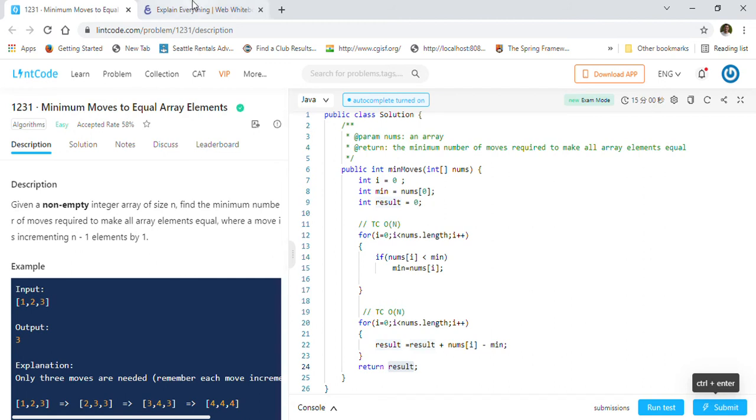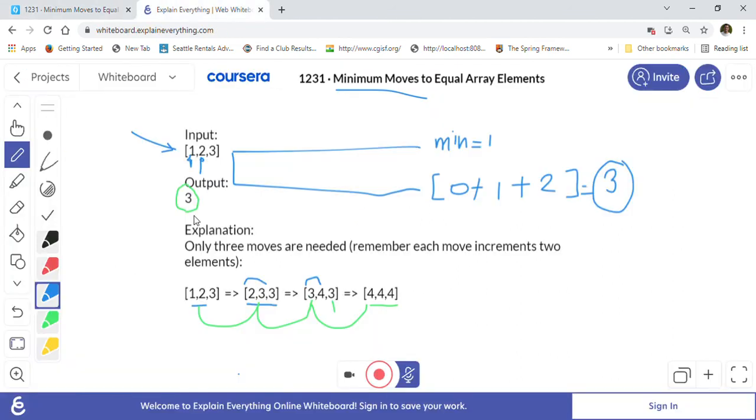Make sure you practice and understand this problem. We just use the logic that, let's say 3 is the largest element, we wanted to increment every element to reach that element, right? So that same logic we used by calculating first the minimum and then calculating the difference of the minimum with every element in the array.